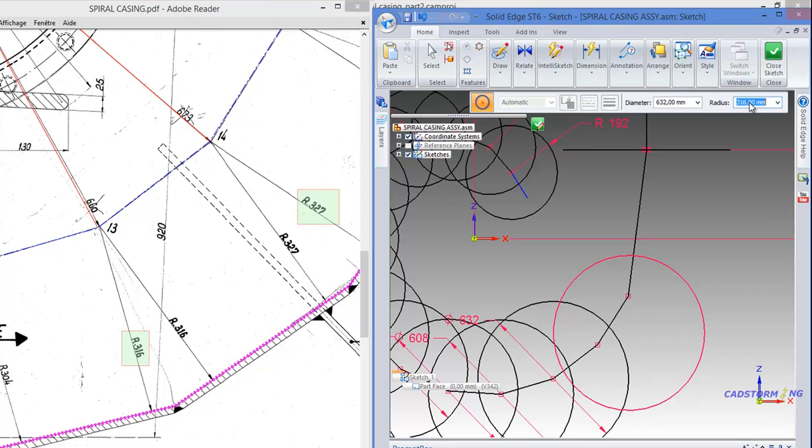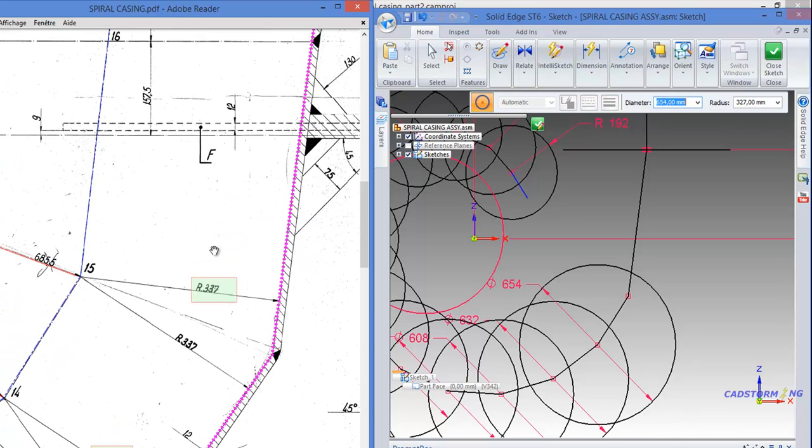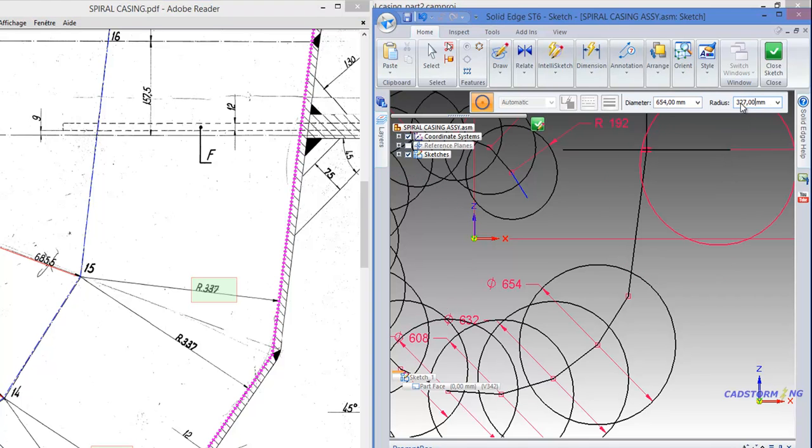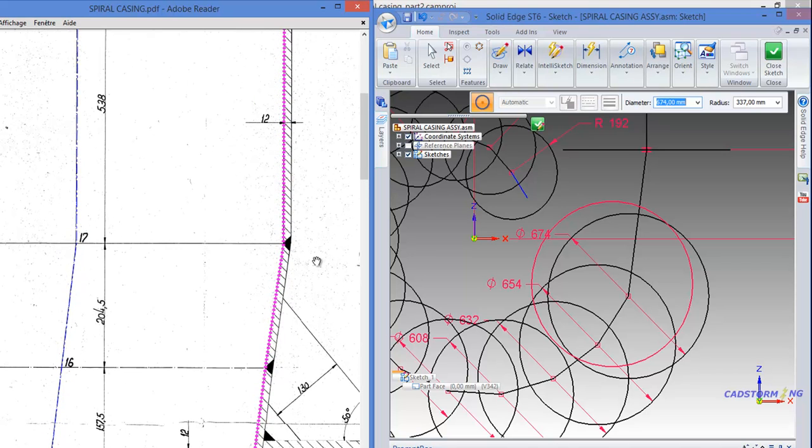Then we have 327 and we select this endpoint and we'll finish with 337. Then select the endpoint and maybe we should